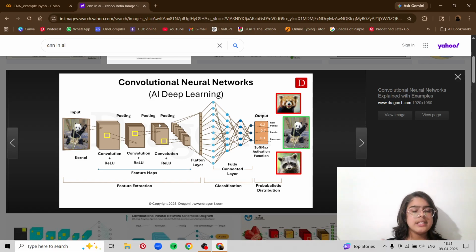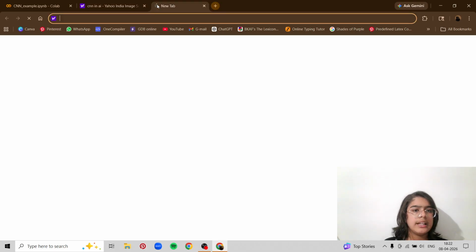Now how it does this is actually really simple, and it is also a weird way of doing it. You can define in pooling that you want 2 by 2 or 3 by 3, 4 by 4, however you like. But I usually use 2 by 2 or 3 by 3. So what it does is it takes 2 pixels vertically and 2 pixels horizontally and converts all those 4 pixels into 1 pixel. And it continues to do like that. For example, I'll show you an example of pooling.